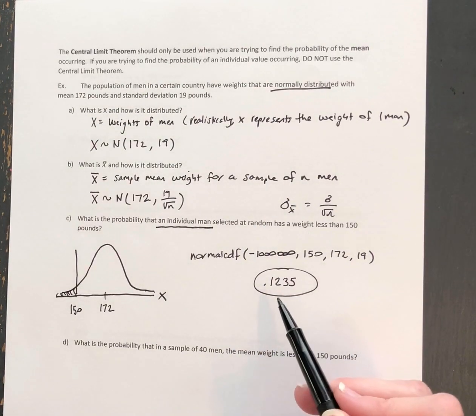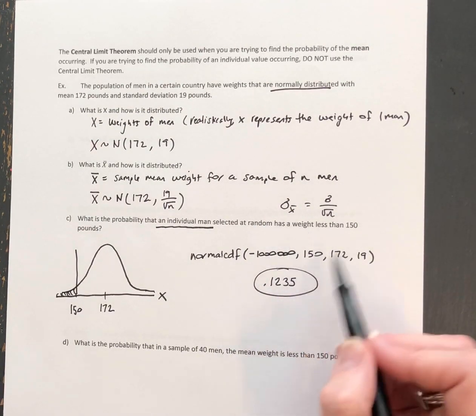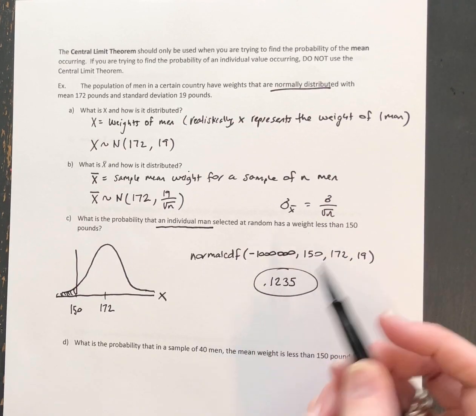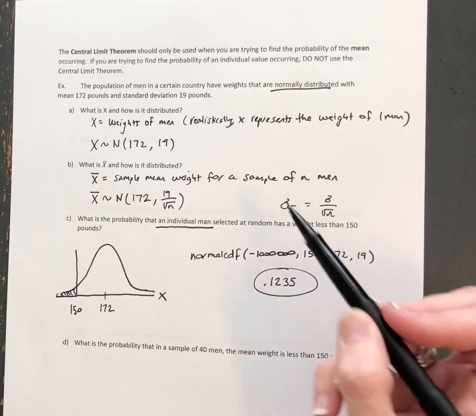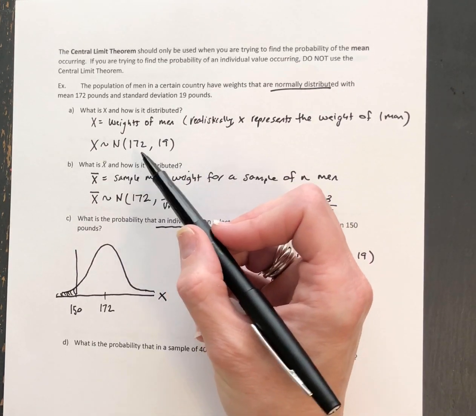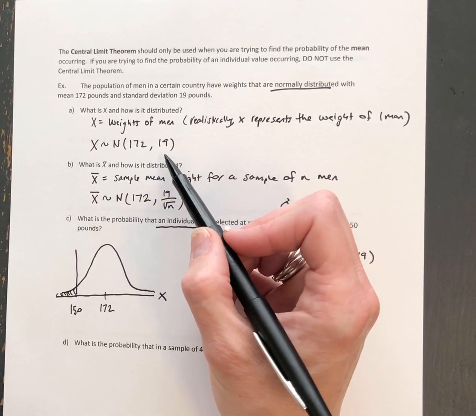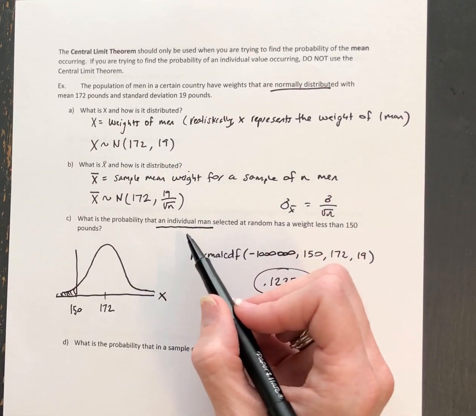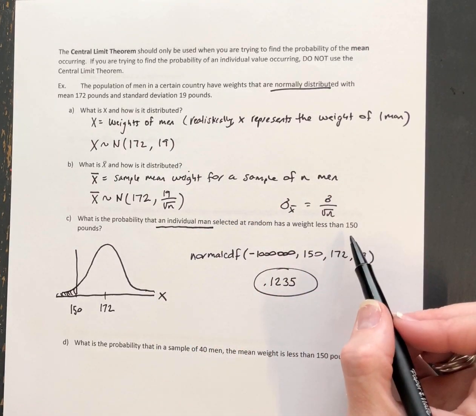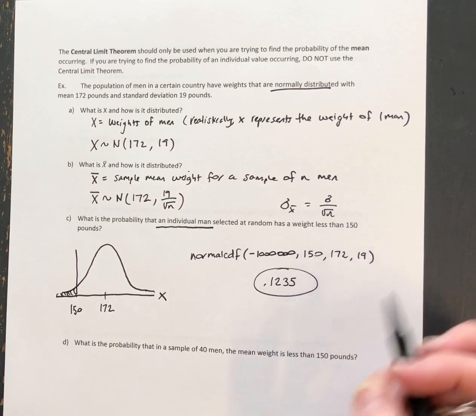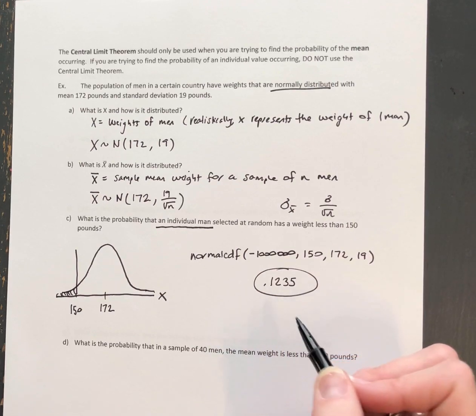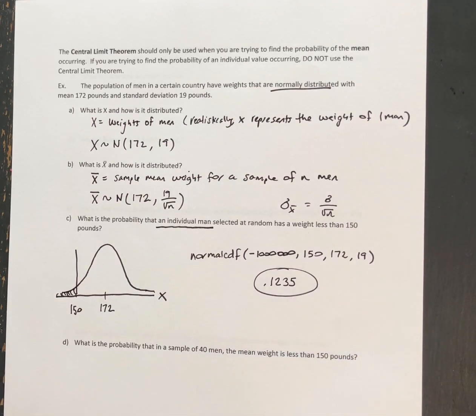Okay, so it's not something that we're going to see a lot, but it's not highly unusual either. We're saying if we have a group of men whose average weight is 172 with a standard deviation of 19, that the probability that we would pick one man at random and he would weigh less than 150 pounds is 0.1235, so about 12% of the population. Okay,